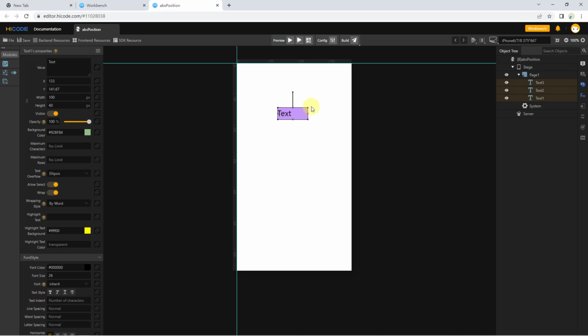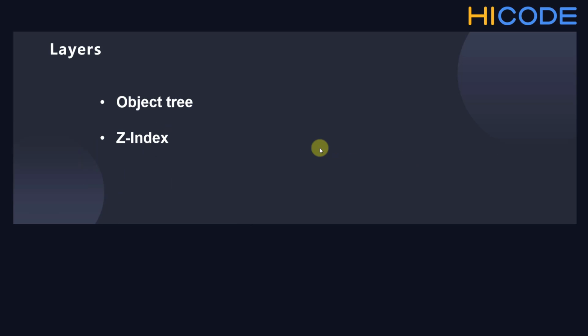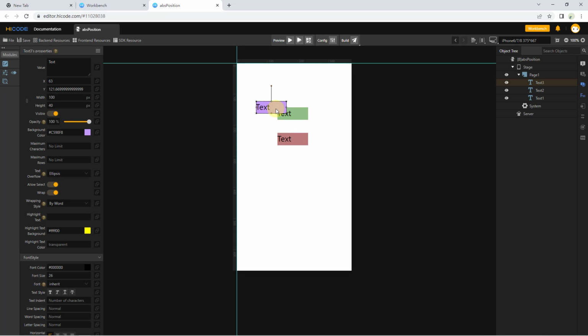Now the only visible one is the violet one. This is because they are in different layers, and the top layer will cover the others up. Now we'll have to talk about the layer order. To change the widget's layer order, you can either drag them up and down in the object tree, or you can set their z-index. Violet is now covering green, and this violet is text 3, it is at the top